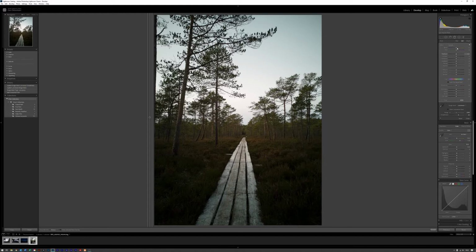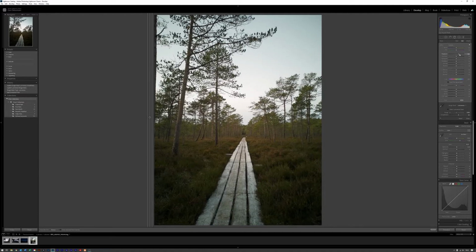And from that point on, we can use these sliders here to adjust just the dark areas. We're going to start with the exposure, and I'm just going to bring the exposure up ever so slightly. As you can see, it's not affecting this white area, it's not overblowing these whites, it's just affecting the areas that were in red. I'm going to add a little bit of texture. I'm going to take out some of the shadows, which again is going to brighten that image up a little bit. I'm going to add in some black.